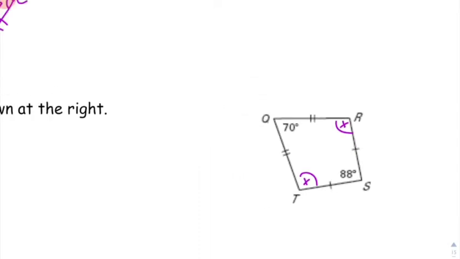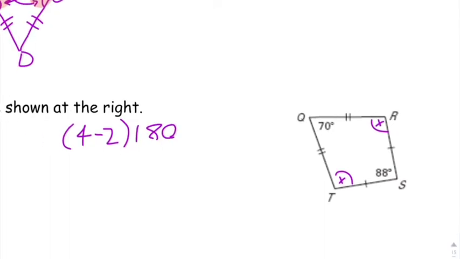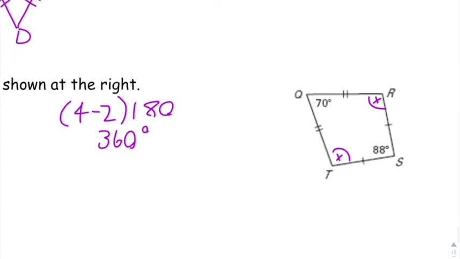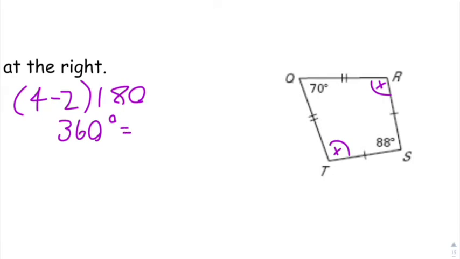Then we got to think back to the sum of the interior angles of a quadrilateral. So if you use that n minus 2 times 180, and that was a lesson a couple of days back, I guess, that eventually gets you 360 degrees. Most of you guys know that in quadrilaterals, all the angles add up to 360. So then we'll say 360 needs to equal the sum of all of your angles. So we'll say 70 plus 88 plus 2x. So that's something like 158 plus 2x